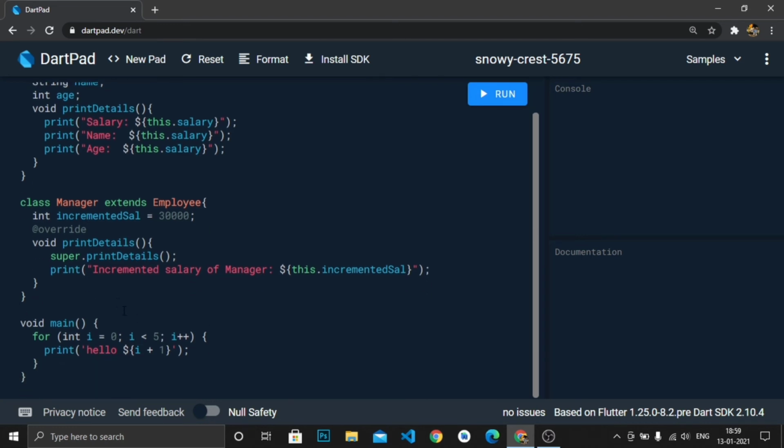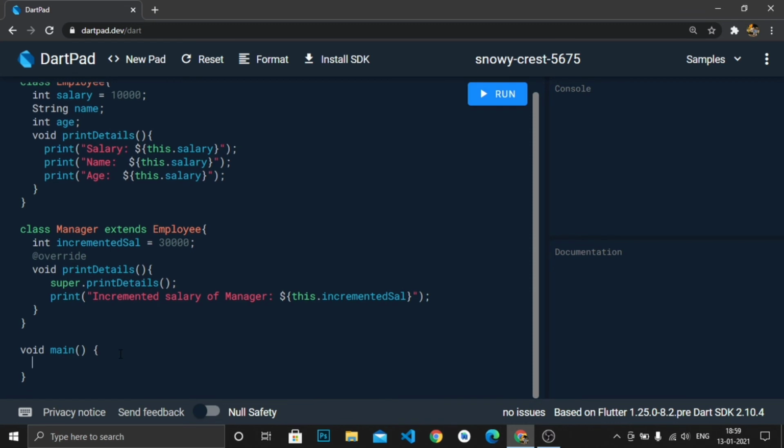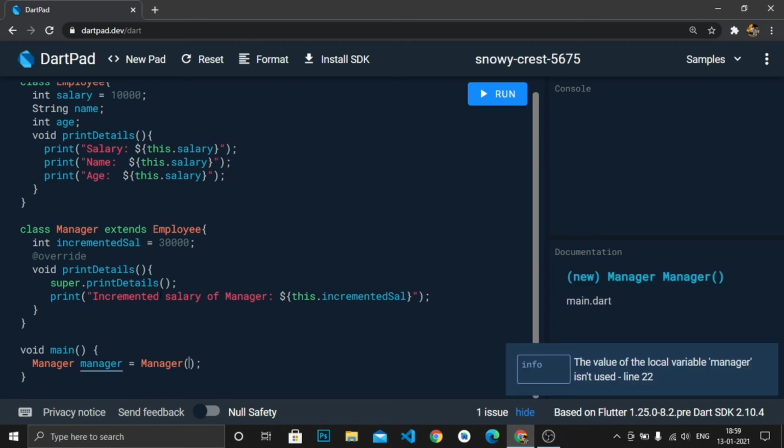Sorry. In the main function, we will cut this code and make a variable of the Manager class, manager is equal to Manager and its constructor. We have to now call this printDetails function, and that's it.